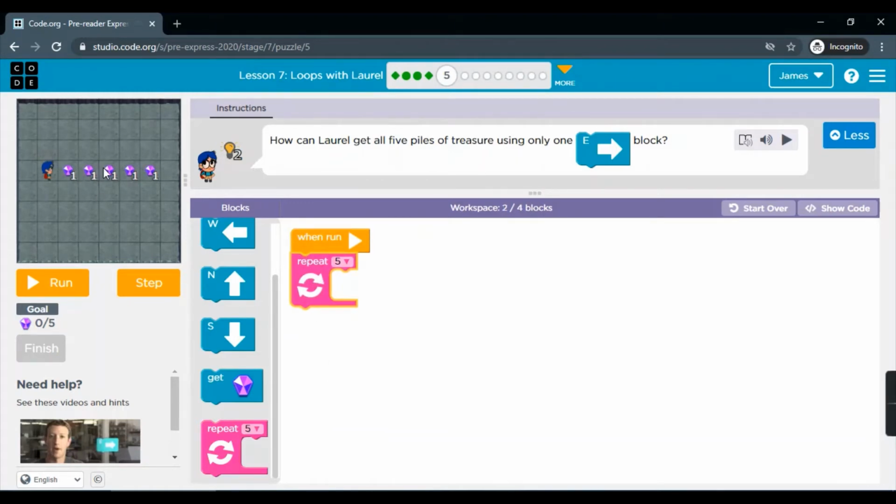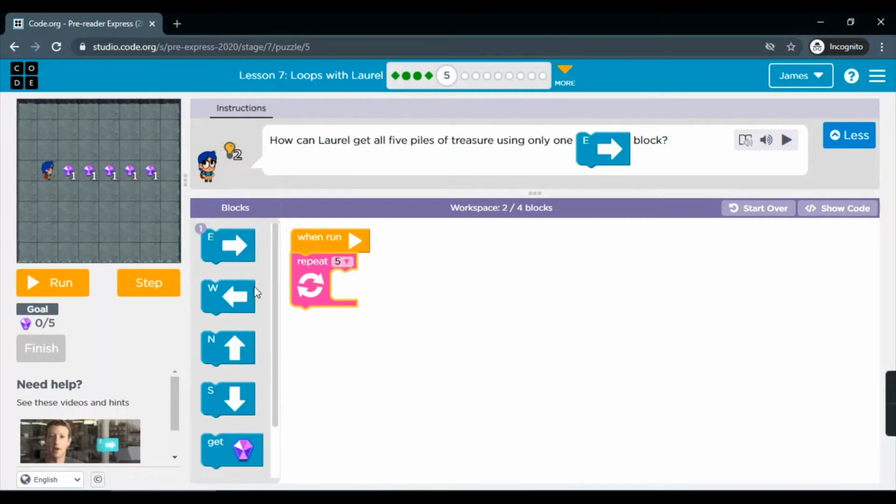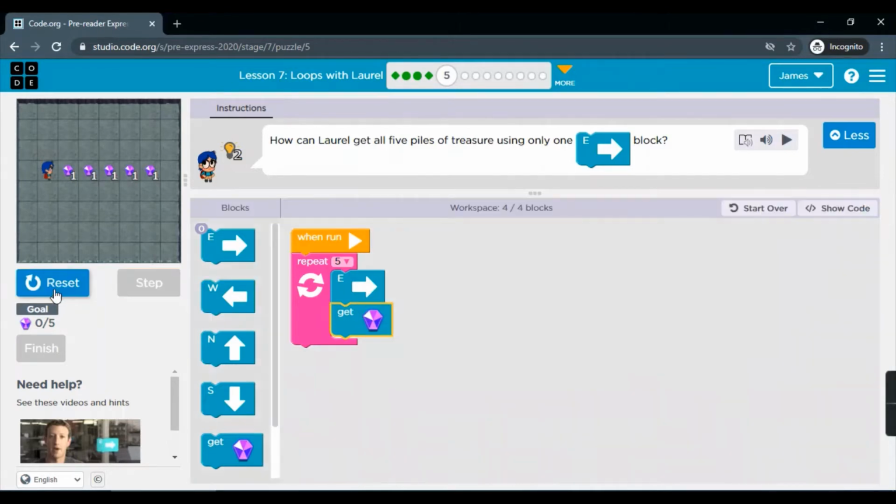We'll count 1, 2, 3, 4, 5 times. It is 5 already. And we can use only one east block. So we'll drag the east block. Don't forget to put the get block as well. Okay, let's run to get all the treasure.